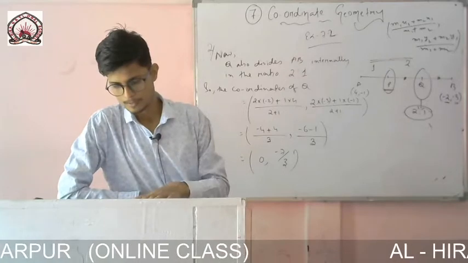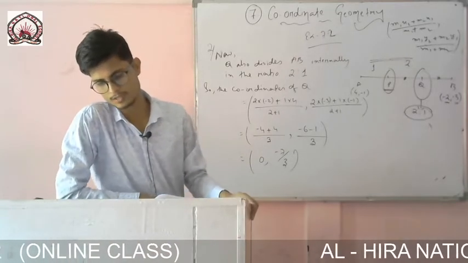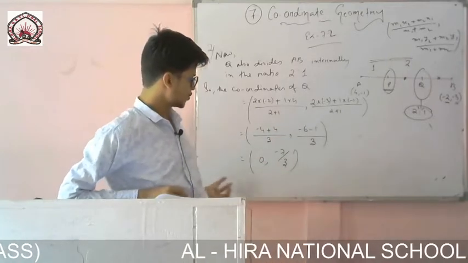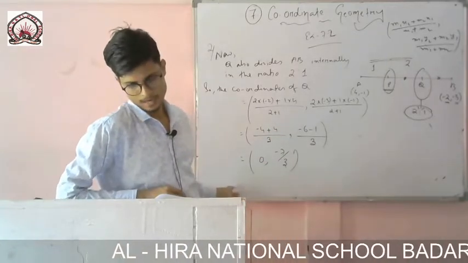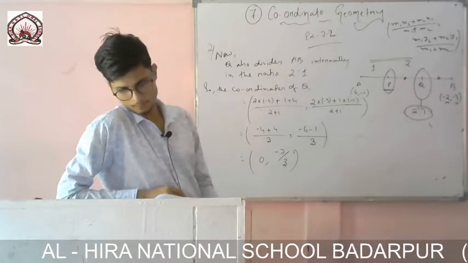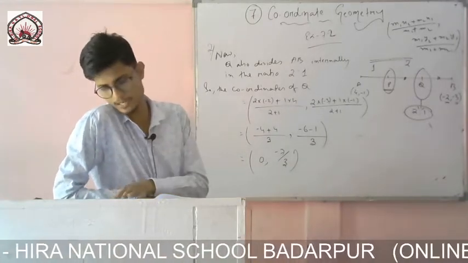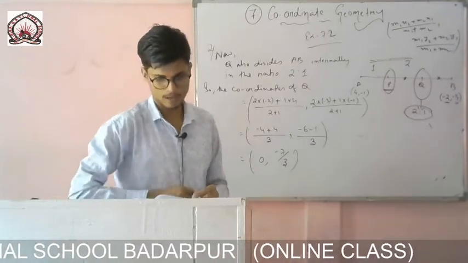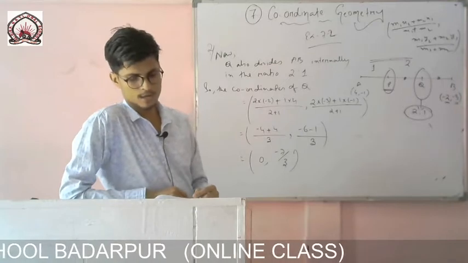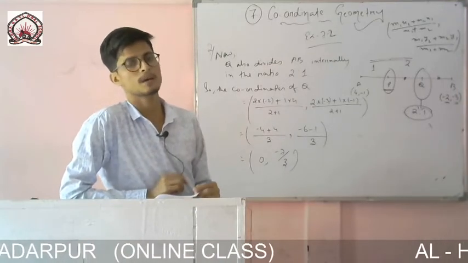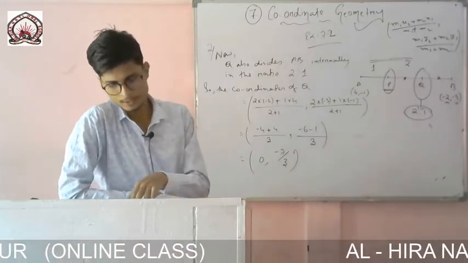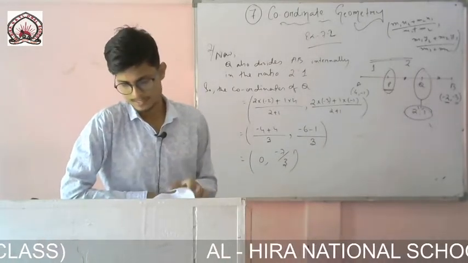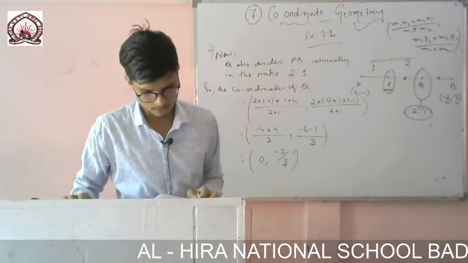That is the end. Therefore the coordinates of the points of trisection of the line segment joining A and B are given. You also write the last line: Therefore the coordinates of the points of trisection of the line segment joining A and B are, what are the 2 points? You write 0 comma minus 7 by 3 and 2 comma minus 5 by 3. For example number 8 it will be minus 1 comma 0 and minus 4 comma minus 2. Same sum. So question number 2 also finished.